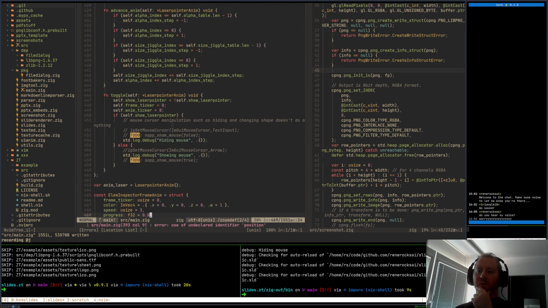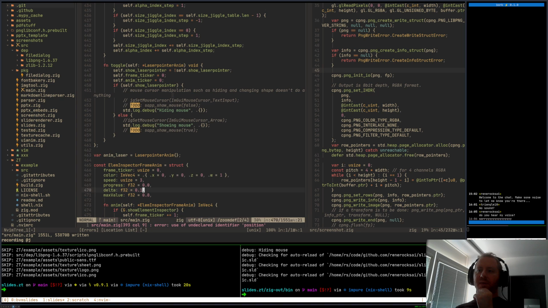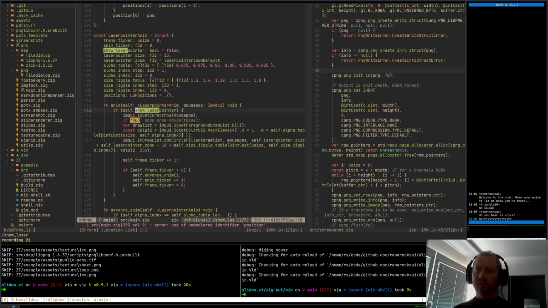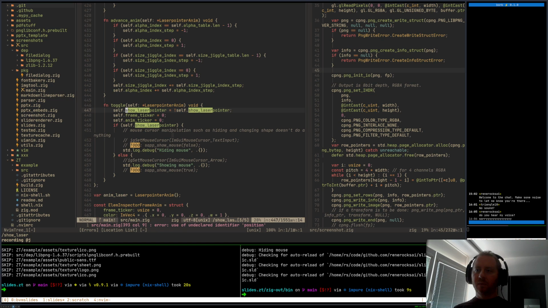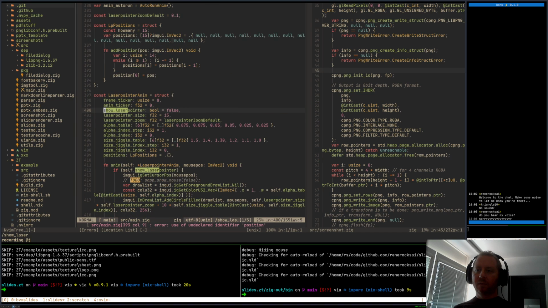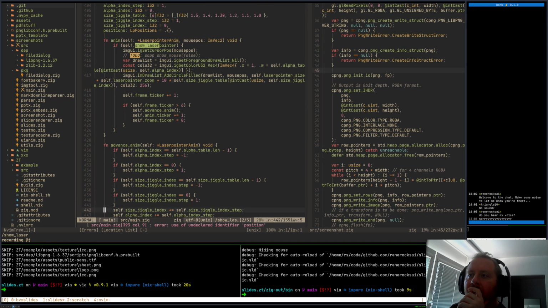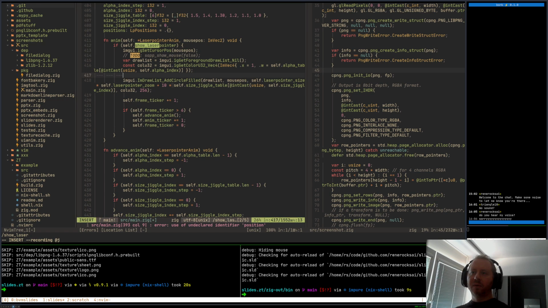Oh, but now when we draw the laser pointer, where do we draw the laser pointer? Here. Okay. Then we just need to go through the positions